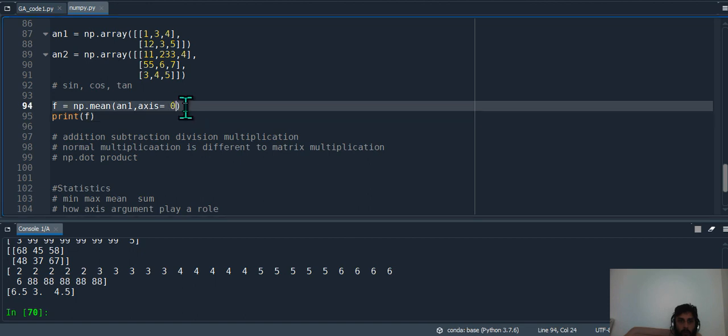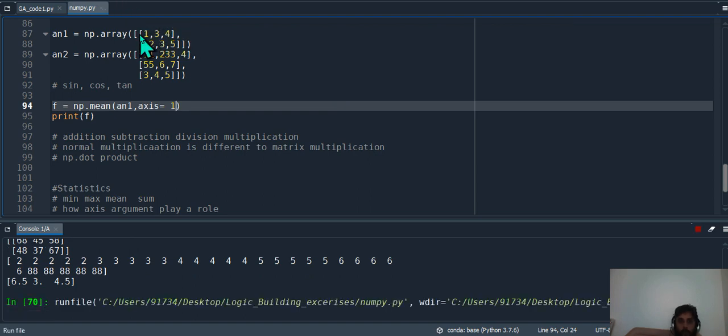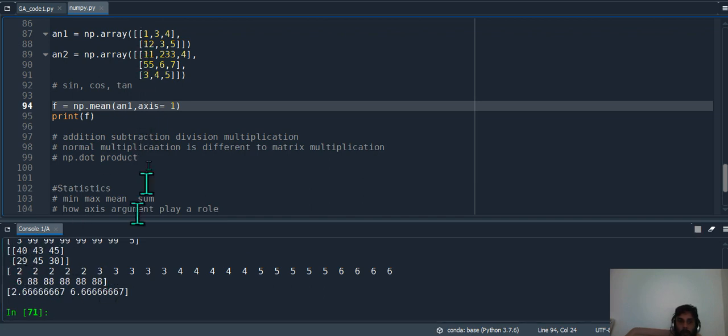In case you wanted to go for axis is equal to 1, that's going to be along the columns, right? So 4, 4, 8, and then divided by 3, that's going to be 2.66, and so on and so forth. And why just two values? Because we just have 2 rows, right? So that's how. Now next one,